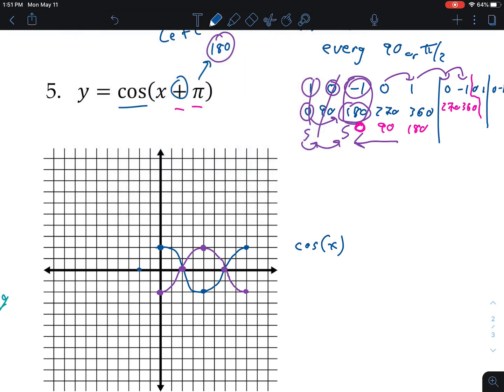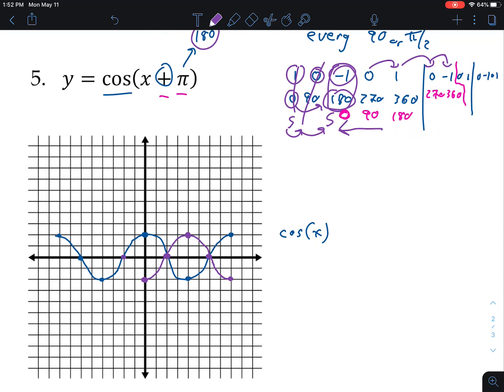And now I'll do the same. I'll continue cosine normally where it goes 0, -1, 0, and 1. That's normal cosine in blue. And now I'll do it shifting it, where I'll follow the same numbers backwards. A little bit harder to go on the other side, but you can kind of follow the DNA pattern here. If I'm at -1, I'm going backwards. I'm going to be at 0, 1,